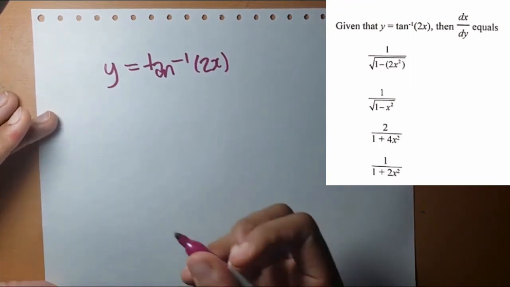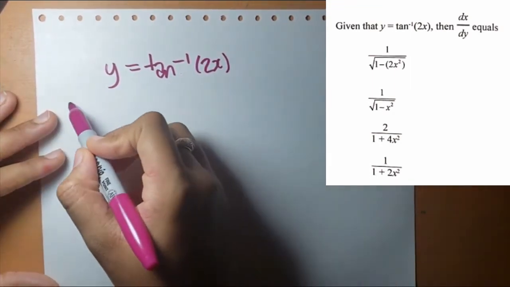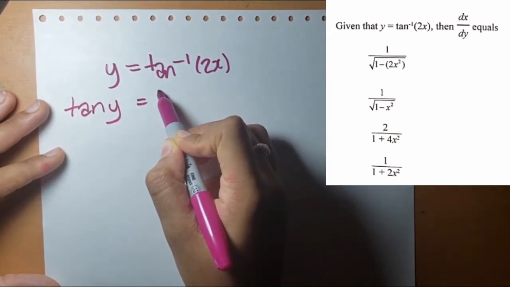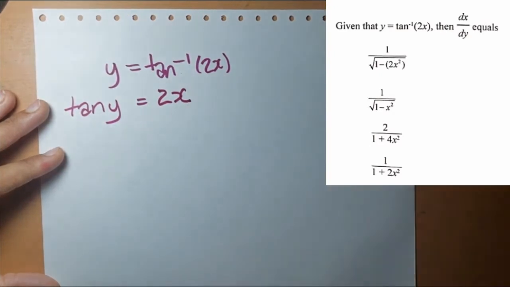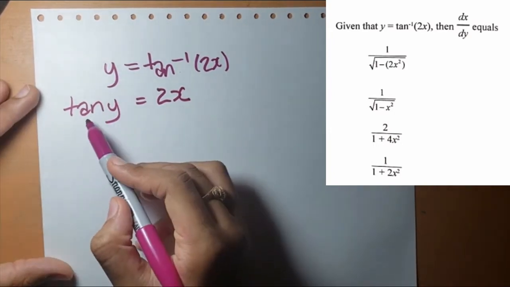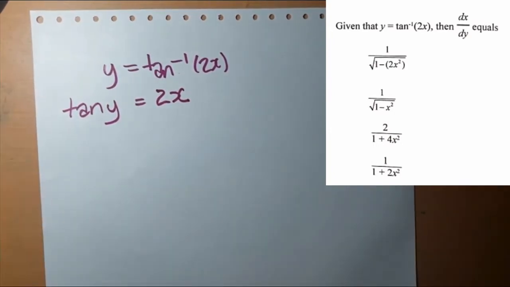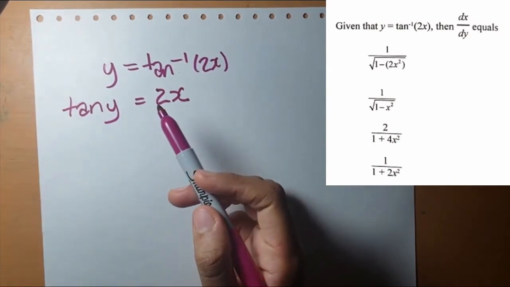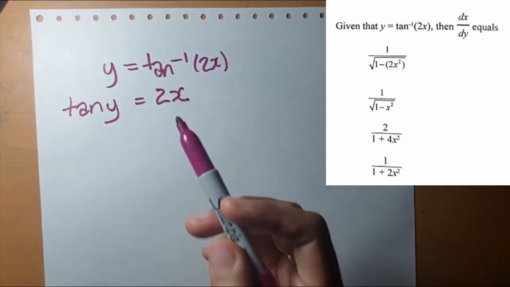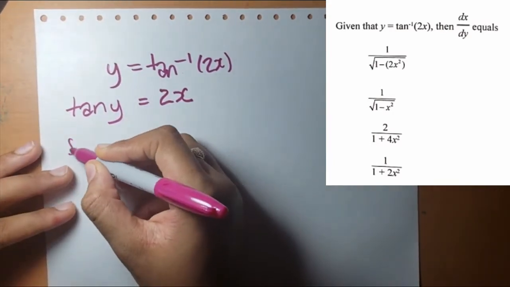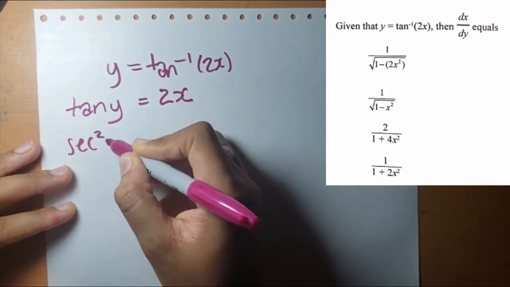The first thing that we do is that we're going to get rid of this tan inverse by basically doing tan of both sides. Alright, and now we're going to differentiate both of the sides with respect to x. So trying to differentiate this with respect to x. Realize this is y, just hold on for that. So we're trying to differentiate a function in terms of y with respect to x, if that makes any form of sense. So we're going to have sec squared y